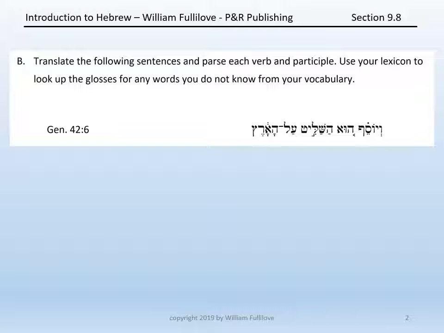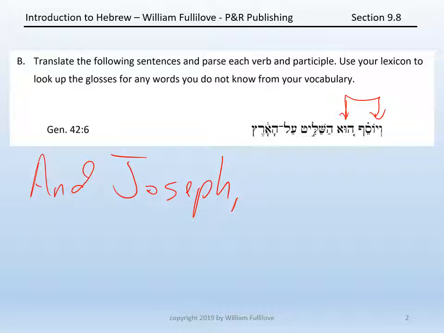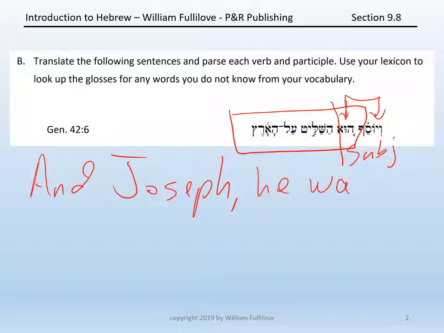Now we realize we have two words, Joseph and the pronoun who, which refer to each other. So in fact what we have here is and Joseph, and in English we would put a comma, and then the clause is hu hashalit al haaretz. The pronoun is the subject, so Joseph, he, and then a verbless clause. In English we need to supply was, the ruler, hashalit, the ruler or governor,